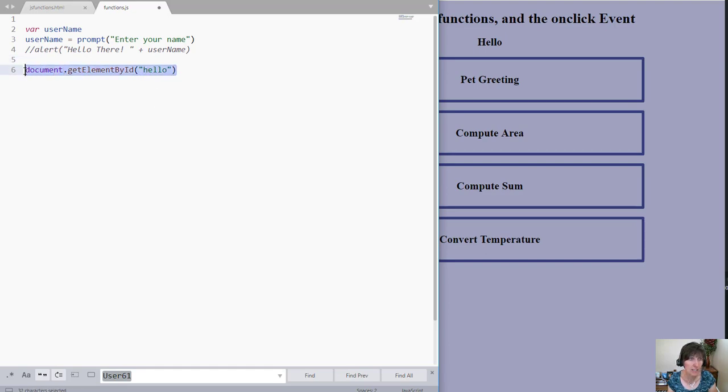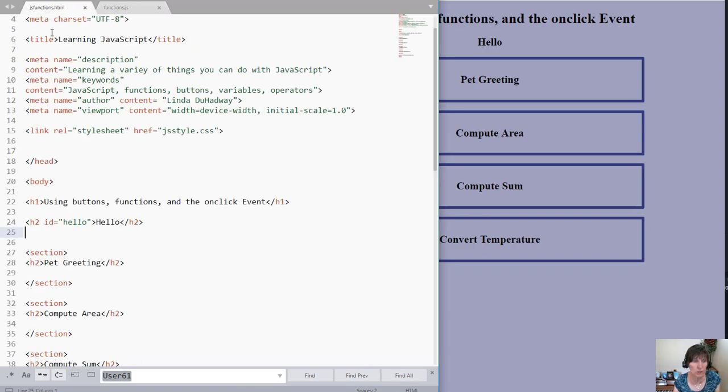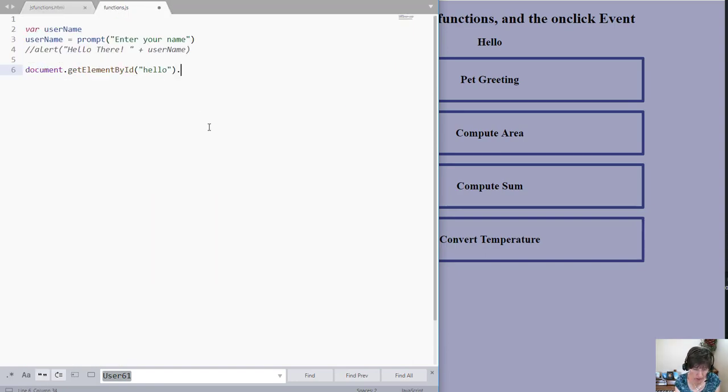Now this is enough to get that element, all right? But I want to do something with it once I get it. And there's several different things we can do with it. What we want to do right now is we want to change the content. What is between the opening and closing tag? And to do that, we're going to use a property called innerHTML. And we're going to say change what's between the opening tags to, and I'm going to just use exactly what